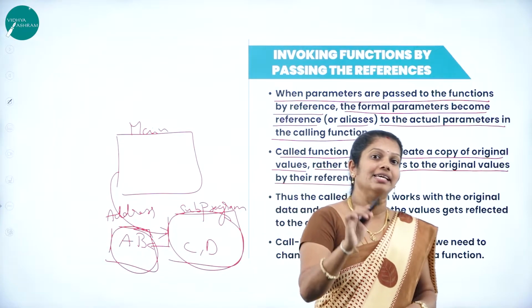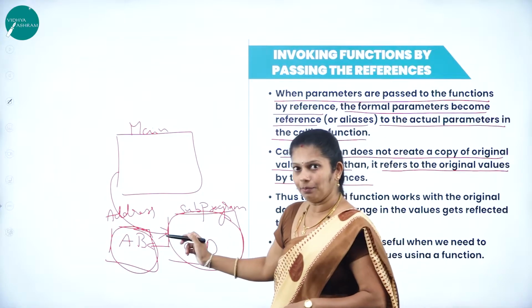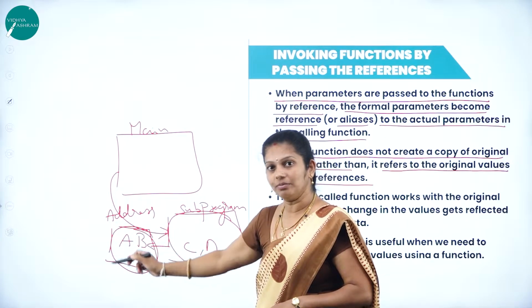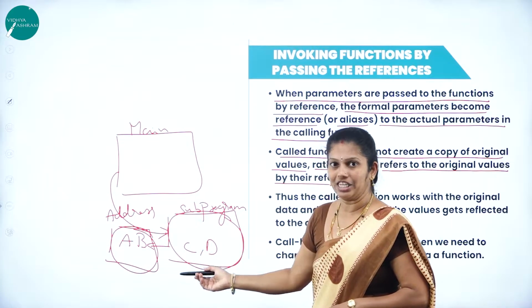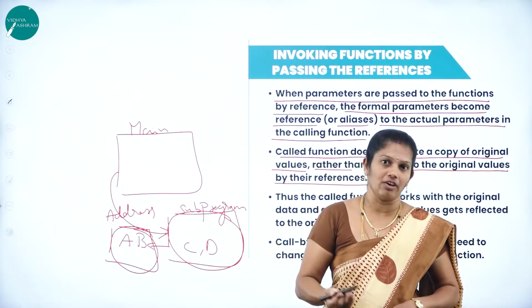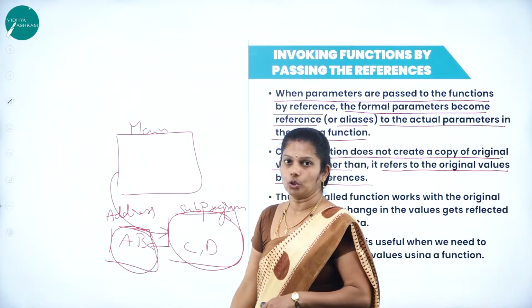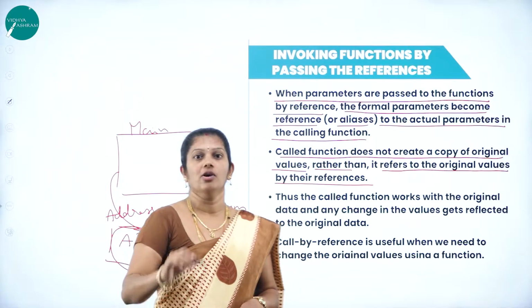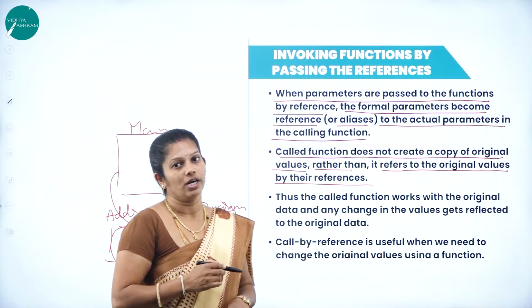It will send the address, the reference, where exactly the data is present. And the subprogram will take the data from that address and work on that. For example, at the time of calculation, the C value may change, the D value also changes. At that time, it affects the main program also, because in call by reference, whatever data is on that address, it takes the same data and works on that.